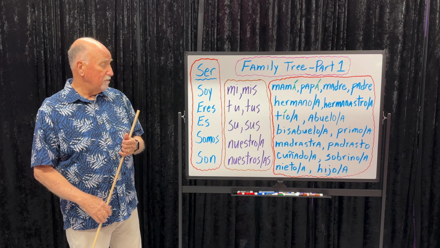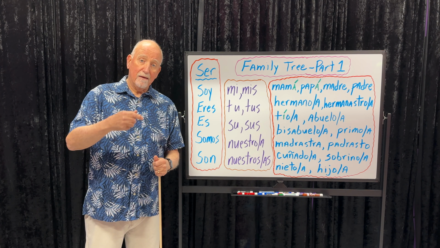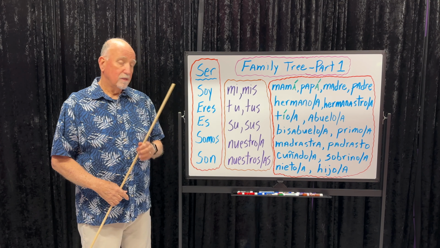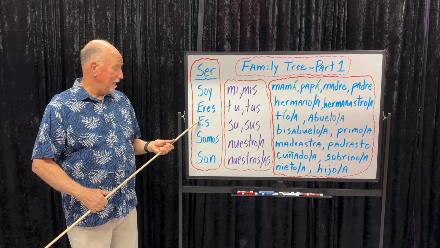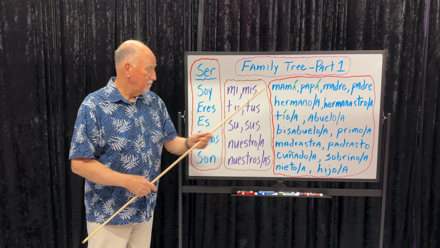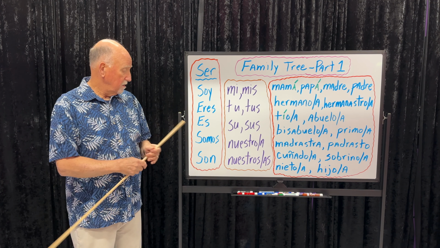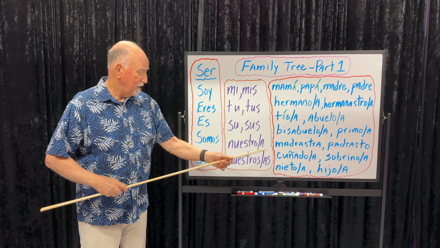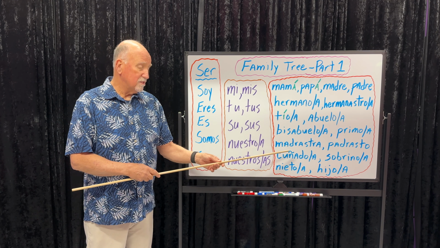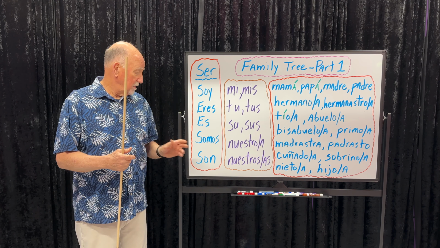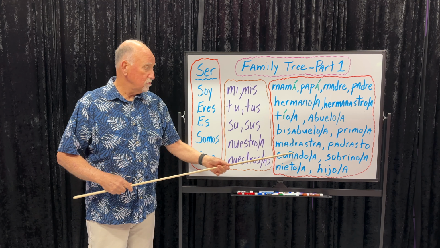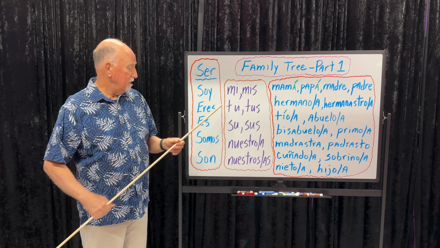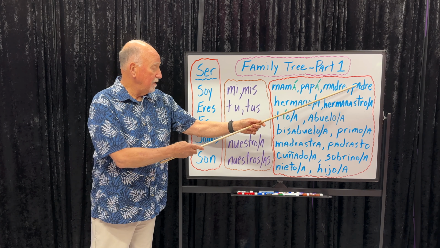And if I want to say, I am her brother. Soy su hermano. She is my sister would be es mi hermana. If I want to say we're cousins, somos primos. We're grandchildren, somos nietos. We're brother and sister-in-law, again, you'd combine it, somos cuñados. She's my mom, es mi mamá. She's my mother, es mi madre.